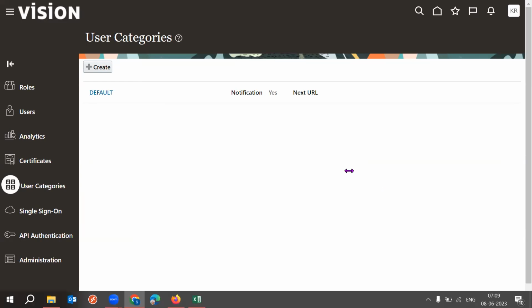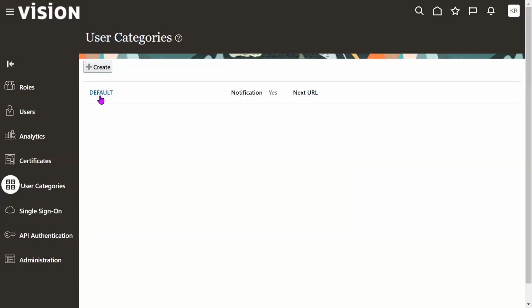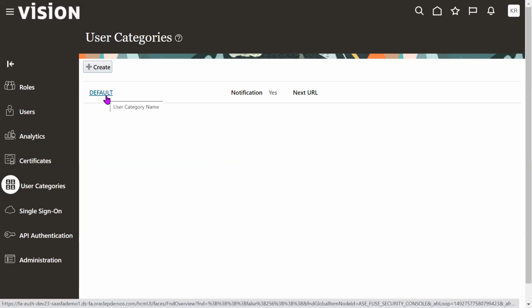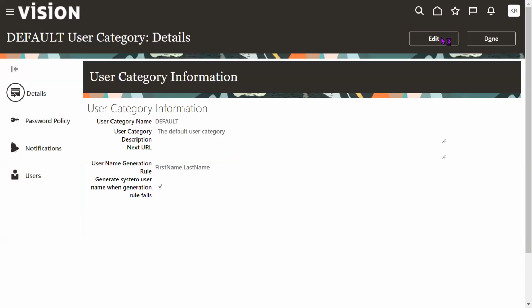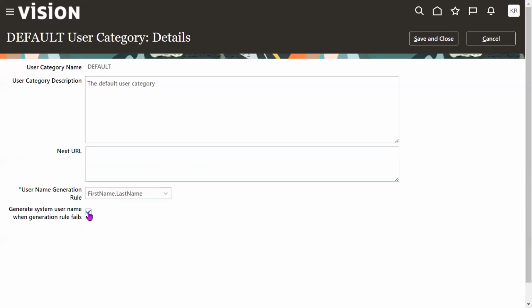This default category is predefined, and it comes along with the application. In a real-time instance also, you'll see this category. If you open this category and click on the edit button, you can see